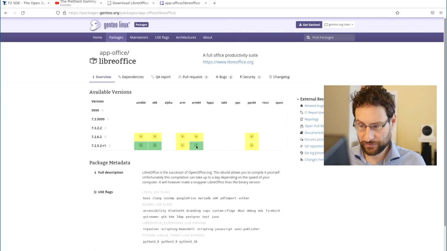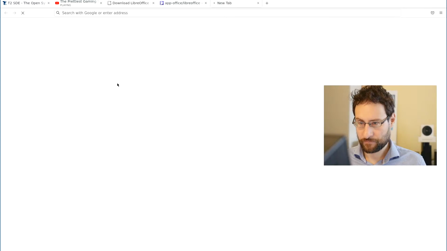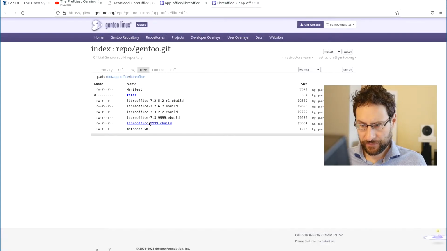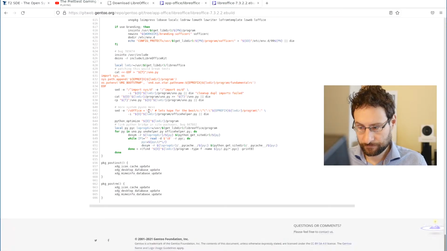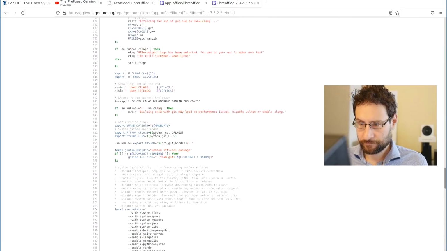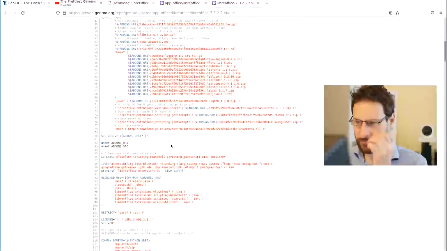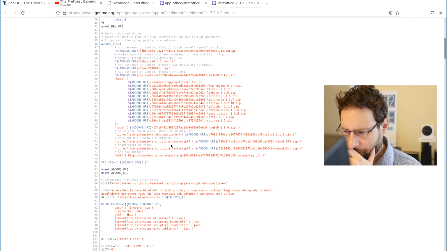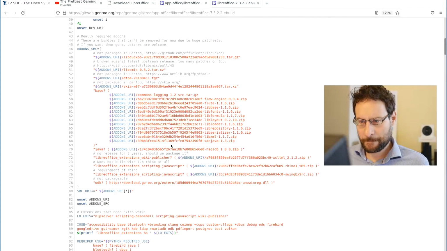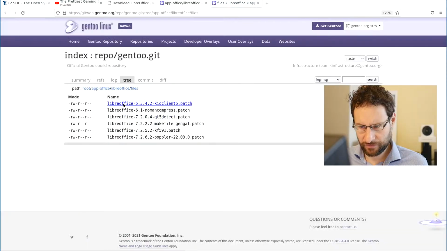Let's try to steal from other distributions. Let's see what they do. Yeah, also large. Okay, they download other stuff. The thing is, they probably, all the patches they usually distribute, not here, not like T2.